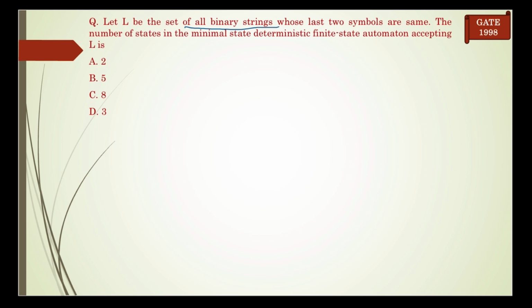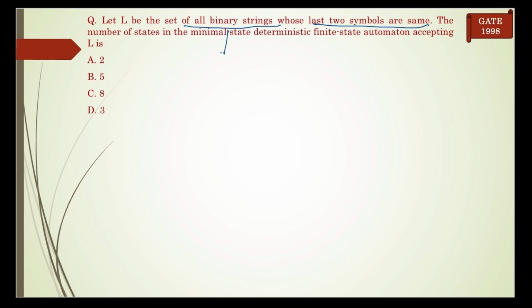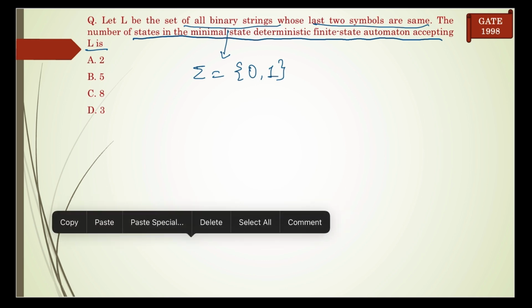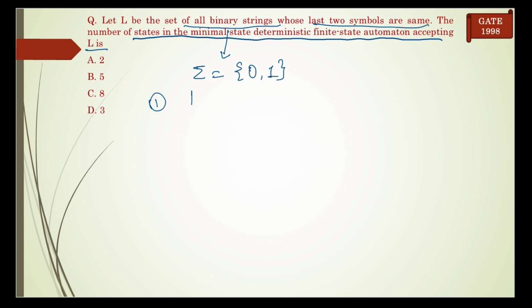Next question is, let L be the set of all binary strings whose last two symbols are same. So since binary strings are given, it means our input symbols will be 0 and 1. The number of states in the minimal state deterministic finite automata accepting the language is. So last two symbols are same. So we will divide this question into two parts. So in the first part,